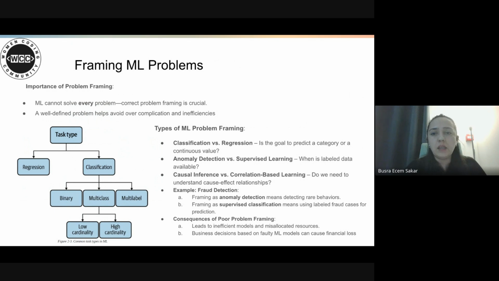So one of the key takeaways from the book is that many machine learning failures are due to poor problem framing. Machine learning should not be applied to problems it was never meant to solve. So framing the problem is very important. Common machine learning problem framing types are, for example, classification and regression.